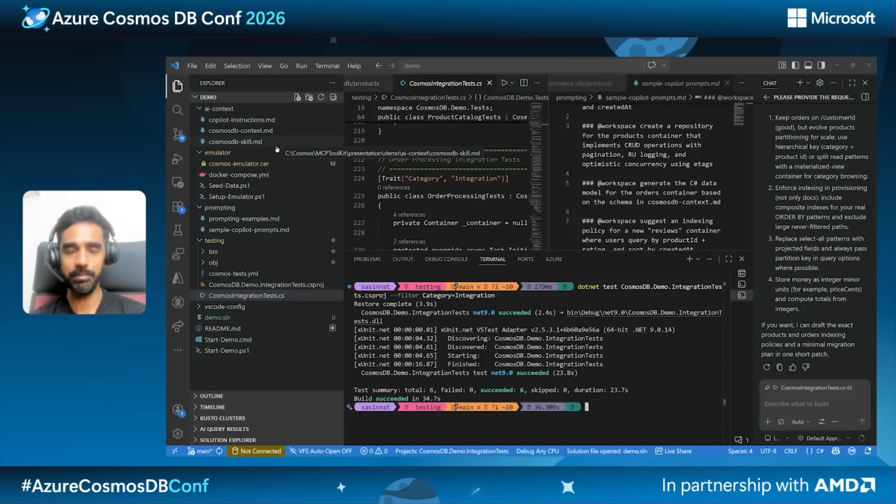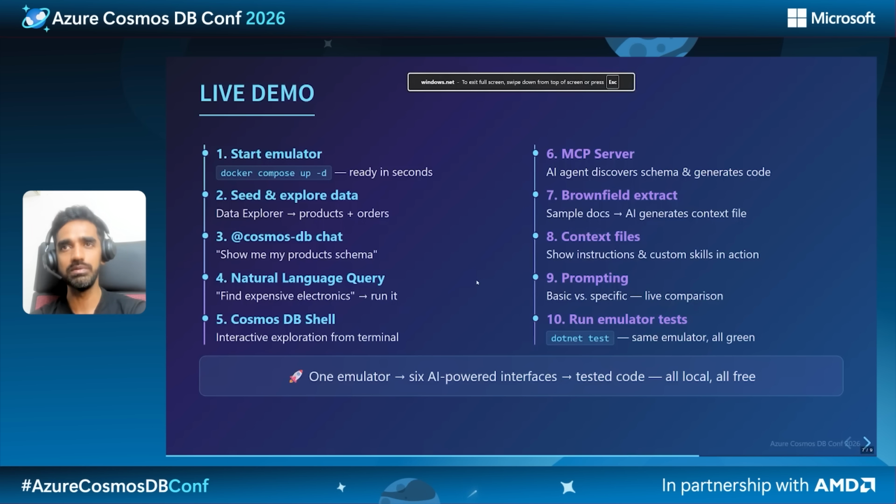You can protect the quality using the skills that we are providing as part of the agent kit. That is the developer experience that comes as part of the VS Code extension that we provide to end customers. So without leaving the VS Code editor, you can use the end-to-end flow to build a production application using Azure Cosmos DB. That summarizes the demo. Let me go back to the slide